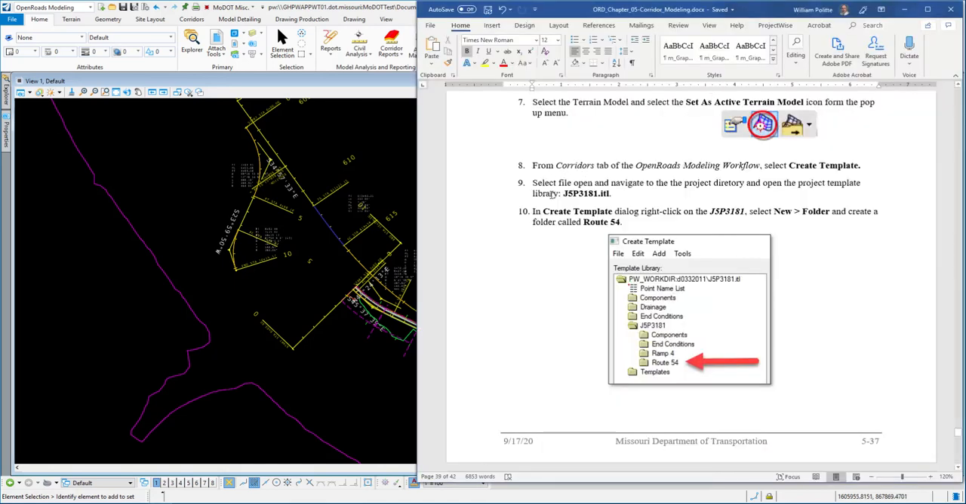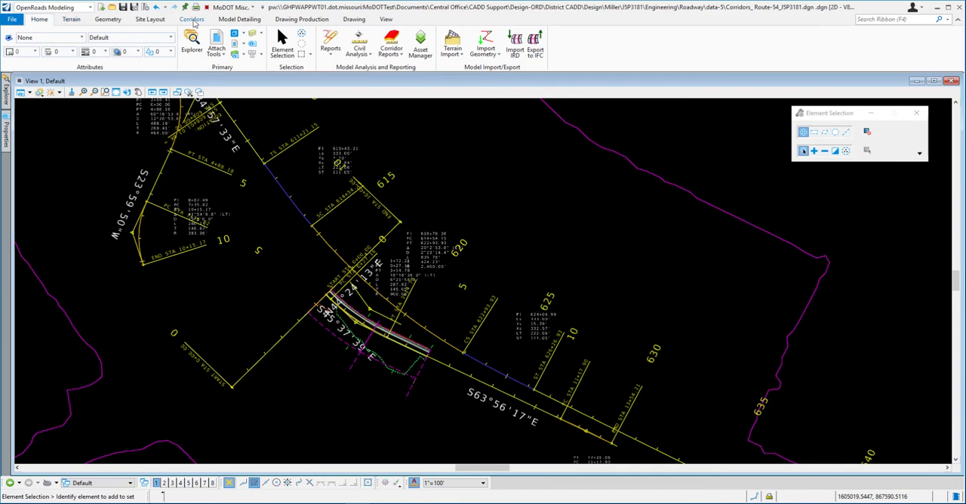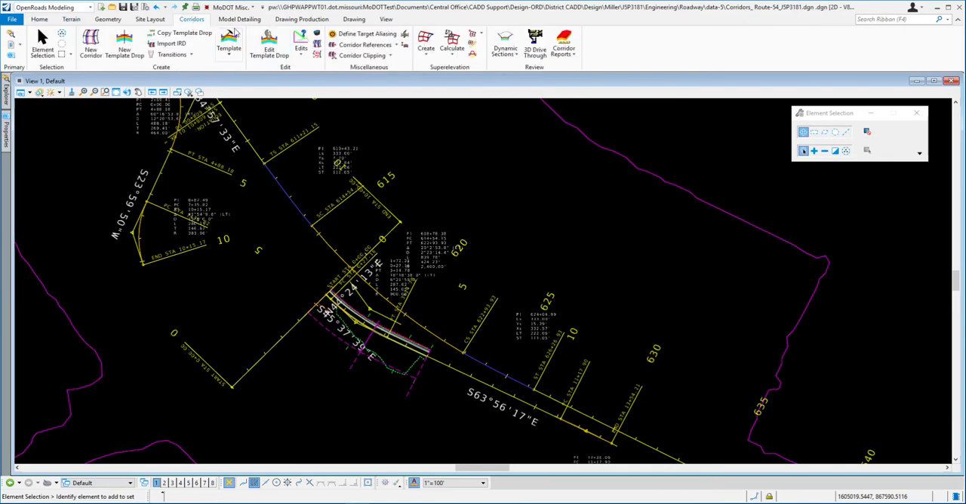Next thing we want to do, step 8, we want to go to the corridors tab and open up our create template dialog. And then we want to navigate to the project directory and select our job ITL. Okay, now we just did ramp 4, so we should be able to go to our corridors tab, and then the create template icon